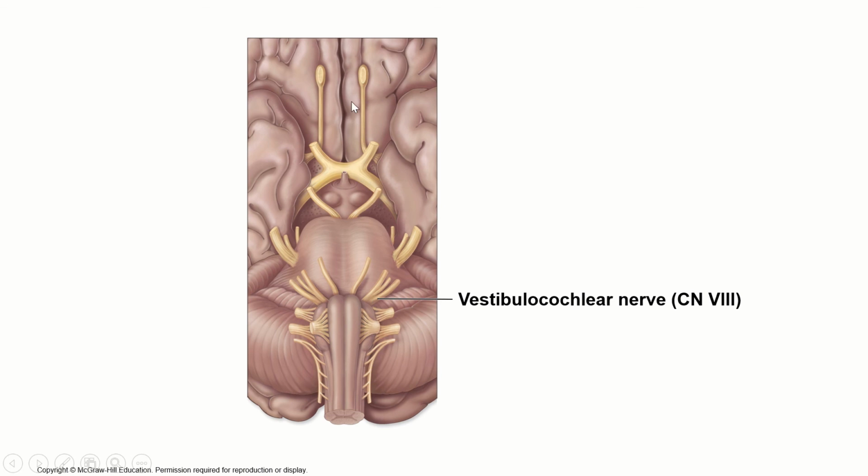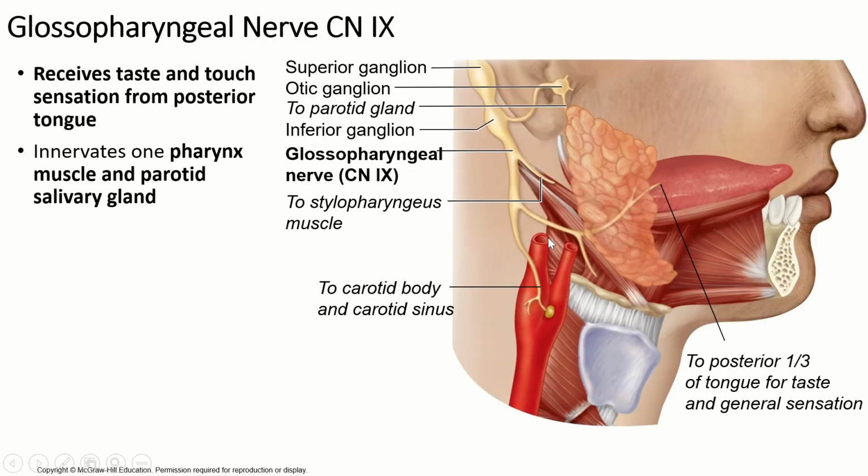Okay, so olfactory, optic, oculomotor, O11 takes the trochlear, trigeminal, anatomy final, abducens, facial, vestibulocochlear. Next up,